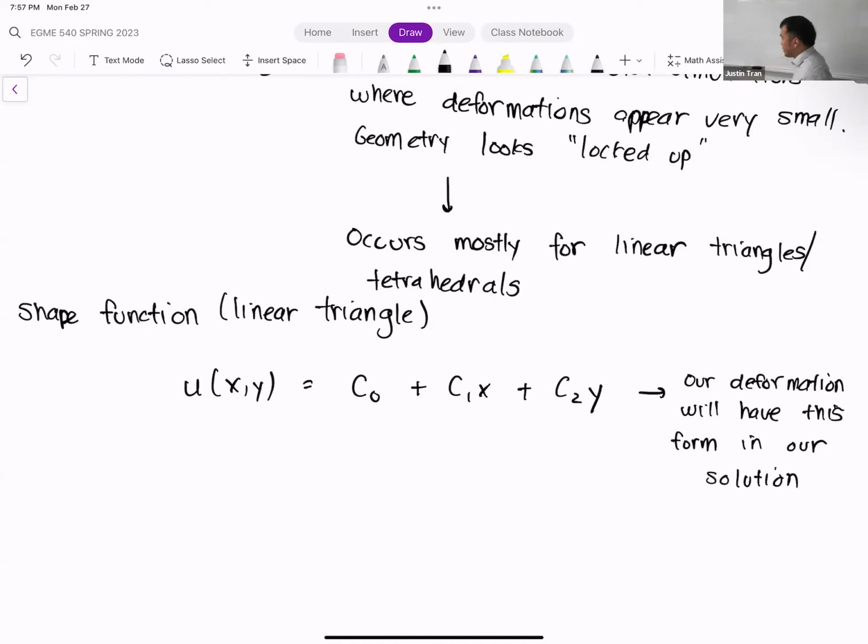And so when we run the simulation, our deformation is going to have that function.